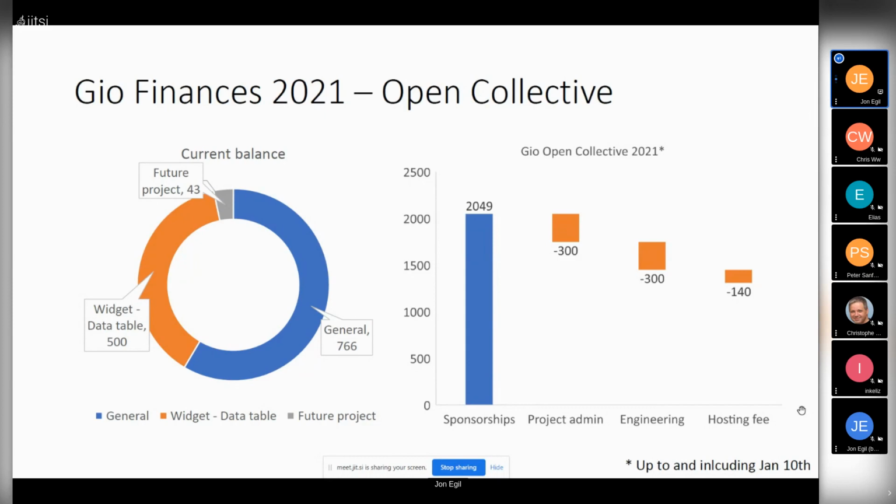I like the idea from the last community call of thinking about grants. That requires some work, but it is an opportunity that, given that both Elias and I are European residents, we should be able to apply for maybe some EU ones. It's a venue that might be interesting to pursue. But at least there you have it. These are the numbers as of right now.